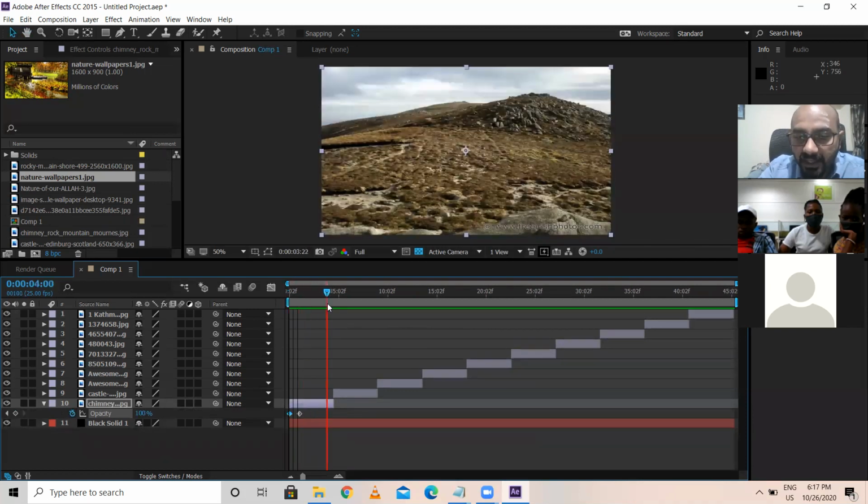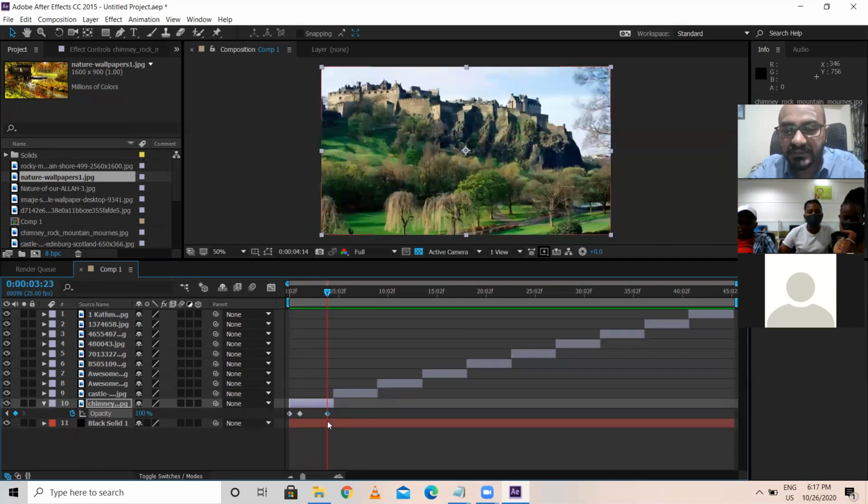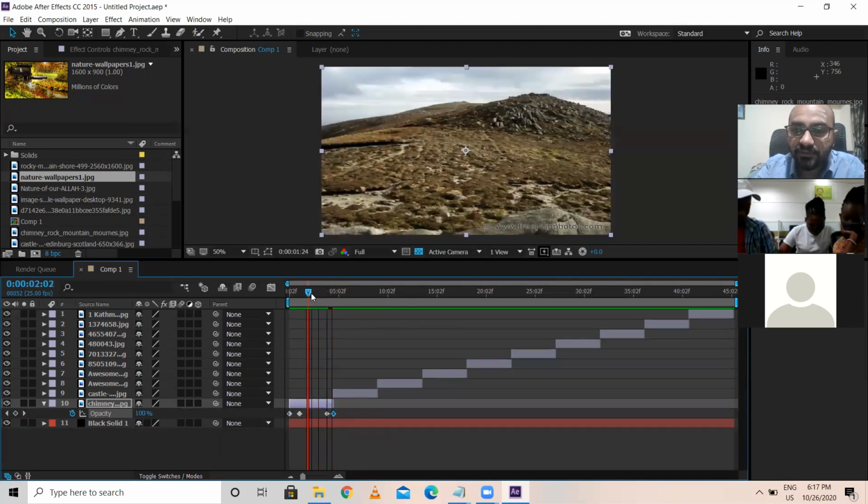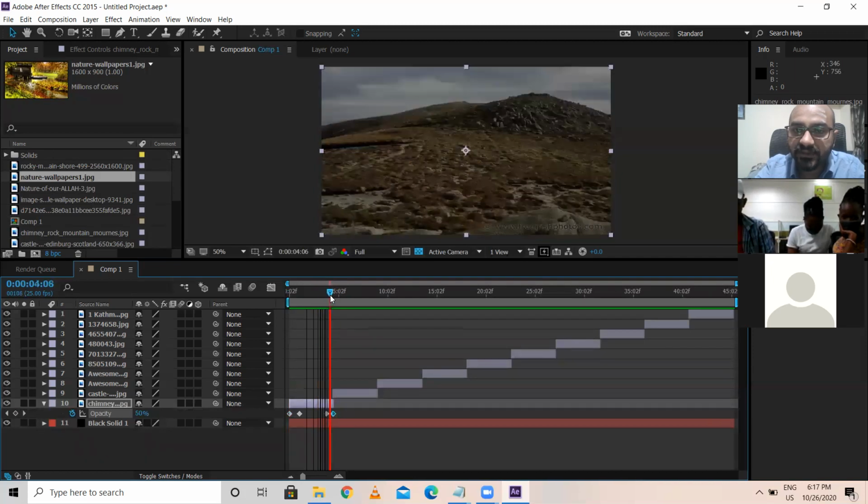Now at the end, select this, just move this again. You make it 100 only. Automatically it will get keyed. Then press O. It goes to the end frame of this particular layer. Our indicator will move to the end frame of the layer. Then you make it 0. So now here fade in happens. See now, from here, the output becomes like this. There's a fade in. Okay, got it?